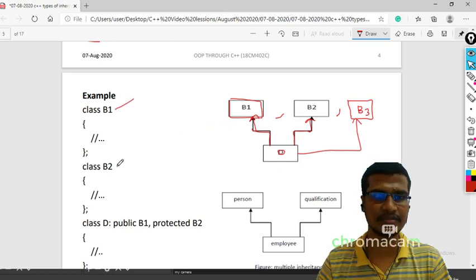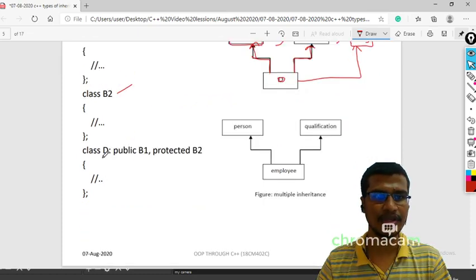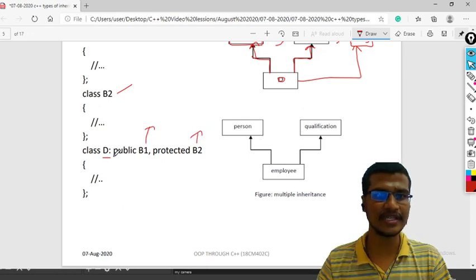So this is class B1, class B2, and class D, which is deriving from two base classes. This is your first base class and this is your second base class, and the first base class is derived publicly and the second base class is derived protectedly. What is the meaning of this?